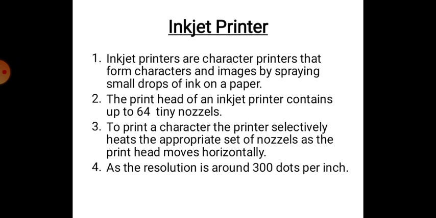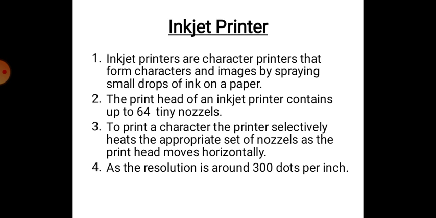The inkjet printer is also a character printer, that is, it prints one character at a time, similar to the dot matrix printer, but the technology here is different. Here a character is printed by spraying ink through the small nozzles, and there are 64 small nozzles in the print